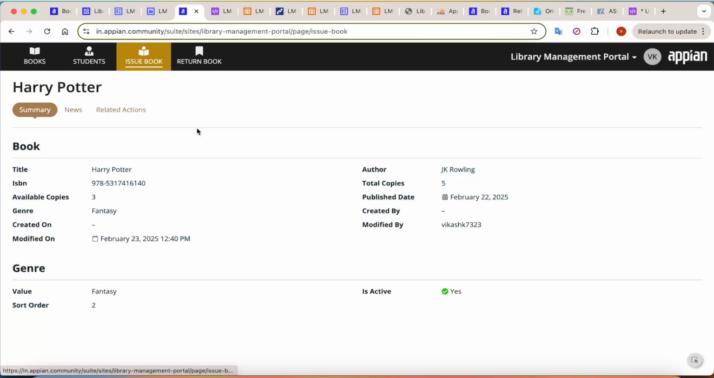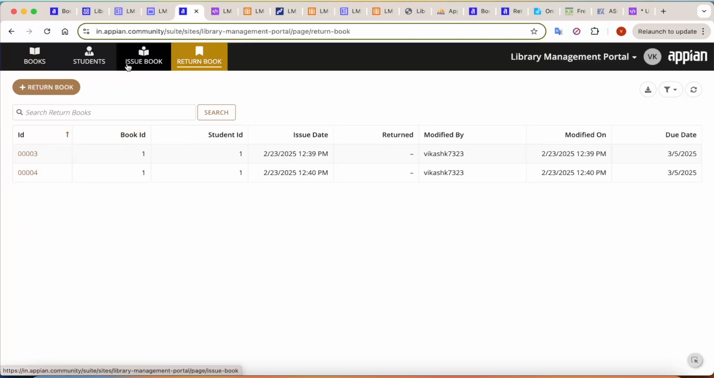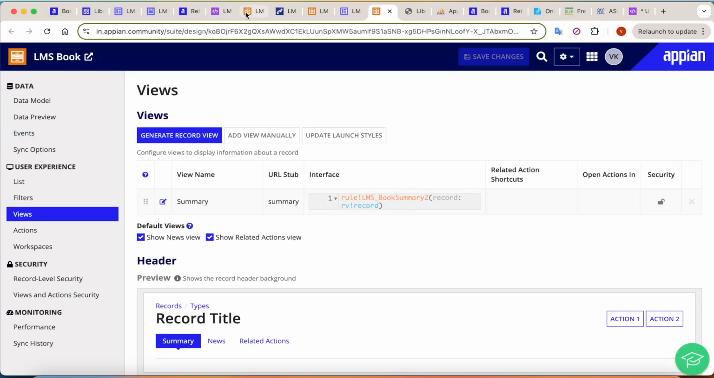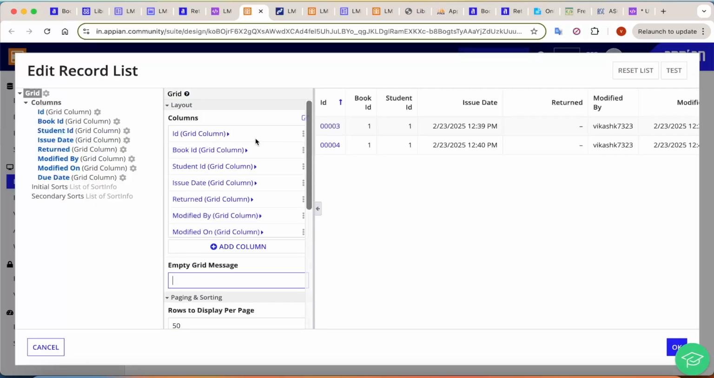If you go in the issue book here, let's see, in the issue book, do we need this link in the ID? I don't think this link is required, neither for the return book nor for the issue book as well. Both of them don't require any link, because all the data is already present here. So let's go to return book and click on edit list here, and we will remove the link from the ID here. So let's edit this ID field here,